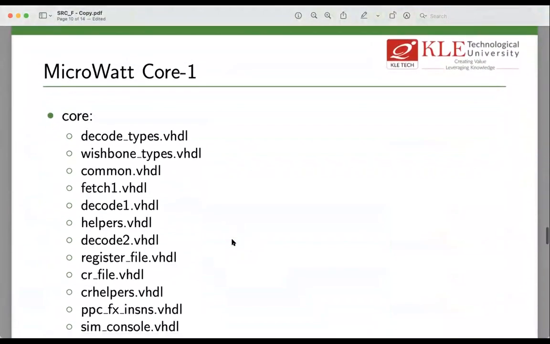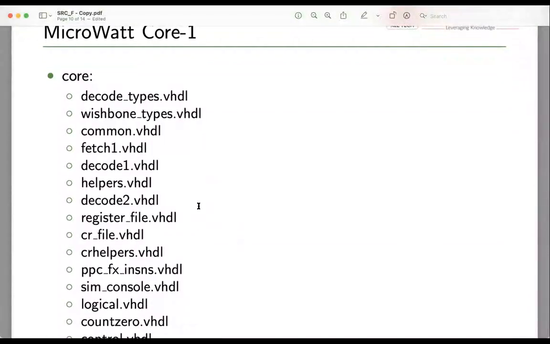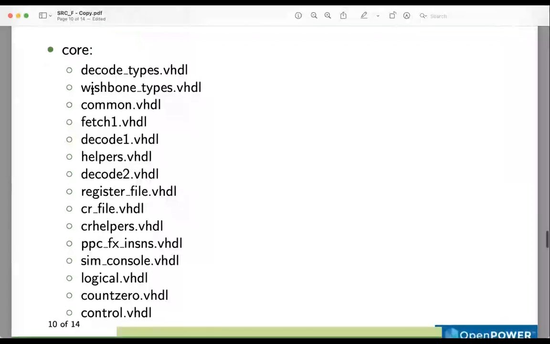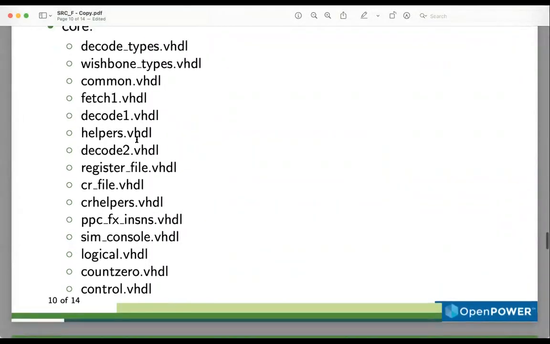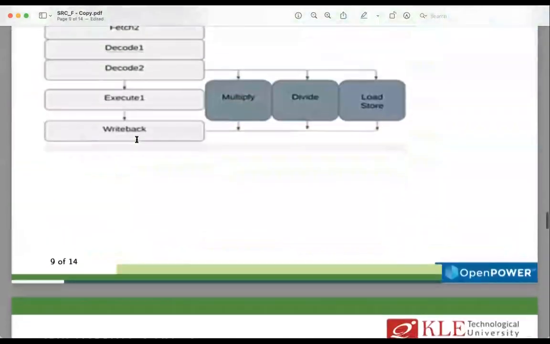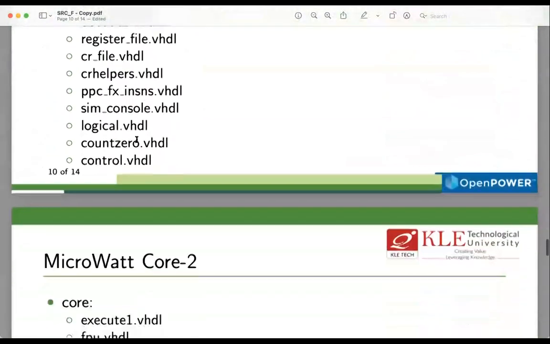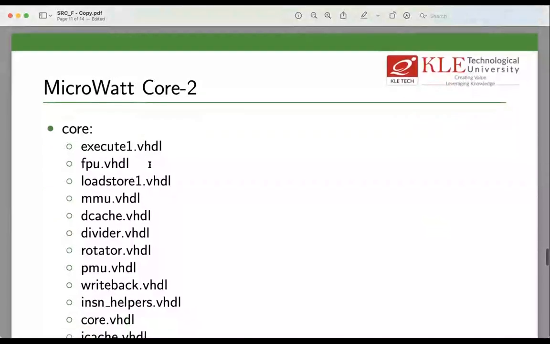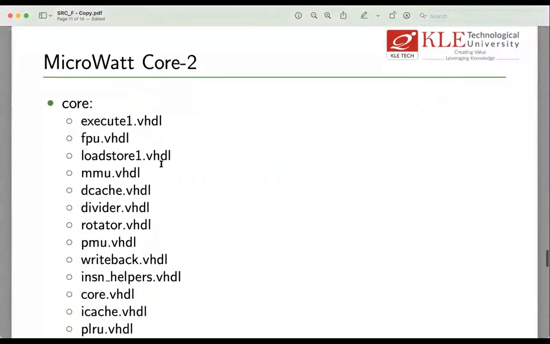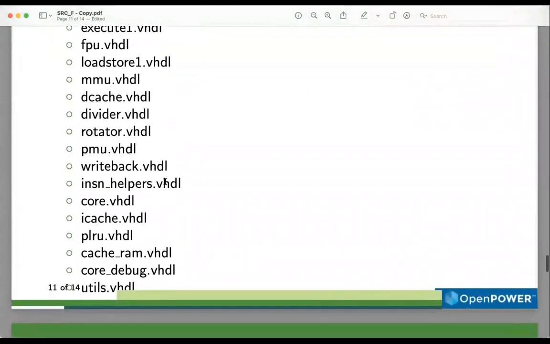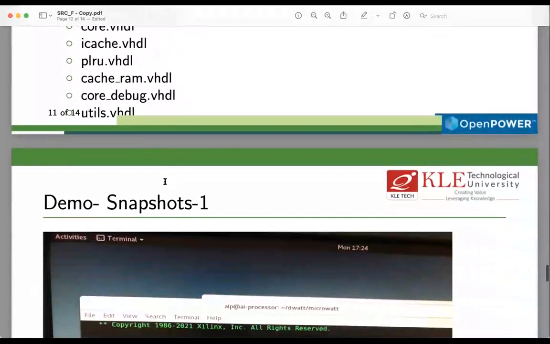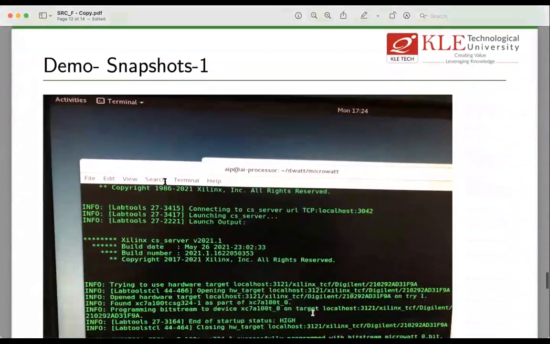If you see the Microwatt core, I showed you on the GitHub page itself. We have decode types, wishbone types, common, fetch 1, decode 1, all implemented in VHDL. Then execute 1, load store 1, mmu.vhdl. So many things, but you need to develop it. So I am showing you